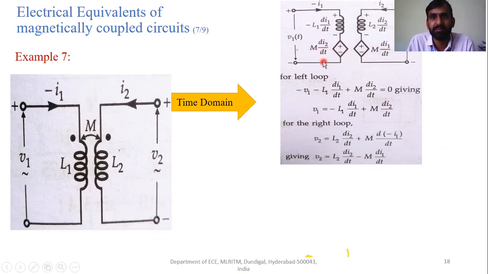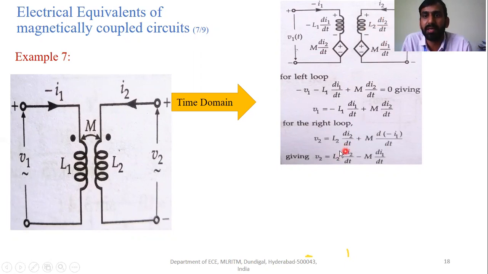So plus m di2 by dt. So V1 is equal to minus L1 di1 by dt plus m into di2 by dt. So this is with respect to the left hand side loop. Whereas coming to the second loop, the right hand side loop, V2 is equal to